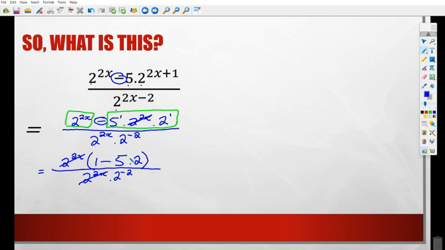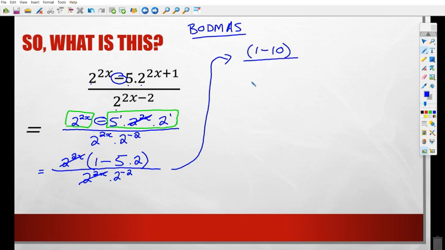If you look at BODMAS, we've got brackets, of, division, multiply, addition, and subtraction. BODMAS is still a thing. So multiplication comes before subtraction. So I'm going to multiply first. What is 5 times 2? It's 10. Good. So here at the top I've got 1 minus 10 all over